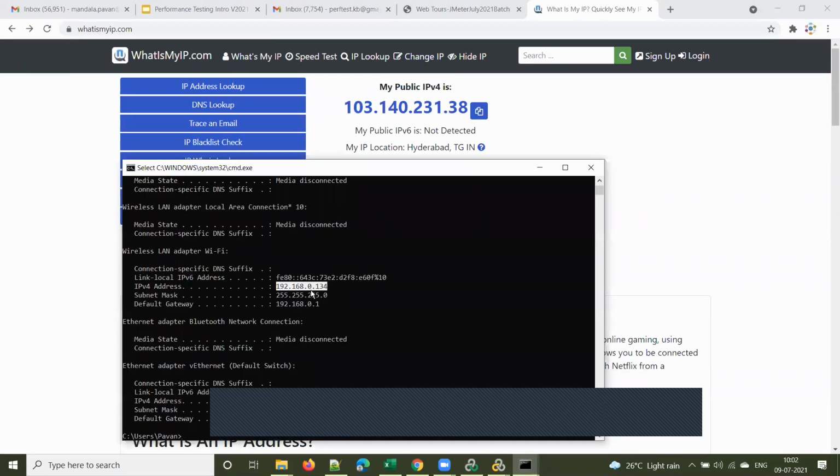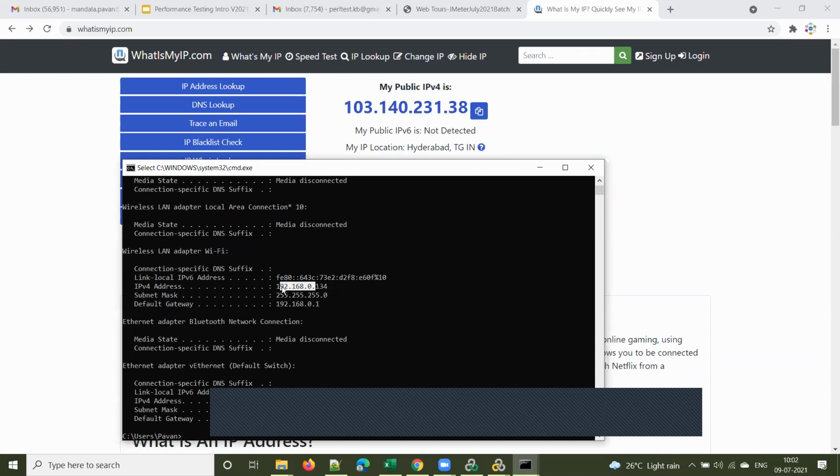If a building has 10 apartments, each flat has a different number. Private IP is similar to that. So each device connected to this Wi-Fi will have a different IP address.